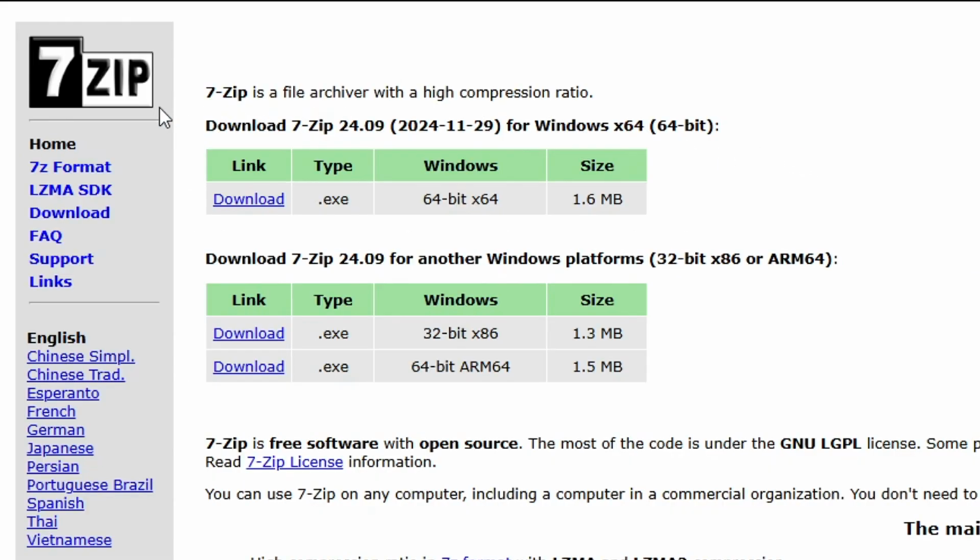Next, we're gonna get 7-zip. This is required for extracting files if you are on Windows 10. But if you are on Windows 11, you can also get this file too, but Windows 11 has its own extracting feature, right? So you can just use that as well. But if you are on Windows 10, on 7-zip, click here on this download button to get the file, and you're also going to drop this on the desktop of your PC.